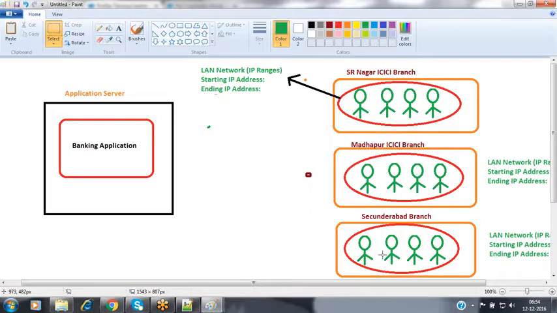In this case, the bank employees can access that application only from their respective branch. One branch member cannot access that application from another branch, because every branch has its own IP ranges, and each of those IP ranges can be added inside this bank application.